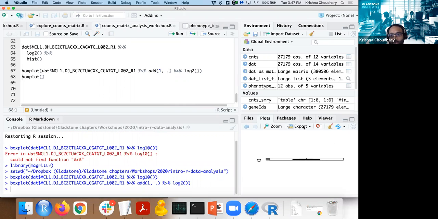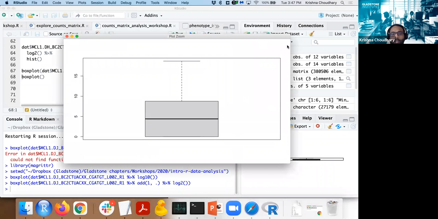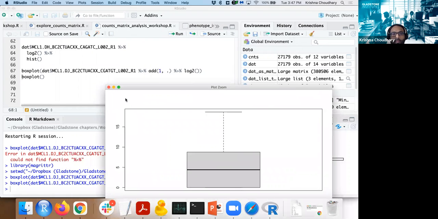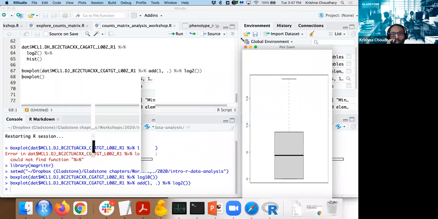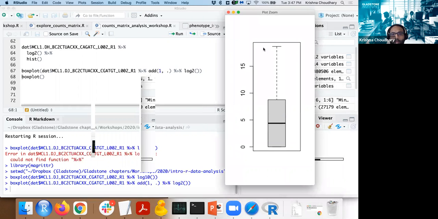We should see a box. So now we see a box because log of 0 was not defined. So the box plot was misbehaving. But after we added 1 using the function add 1 to each of the entries, it is passing on all these entries, adding 1 to them, taking the log of that,